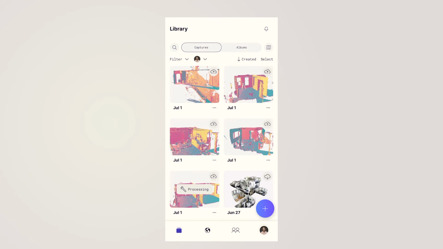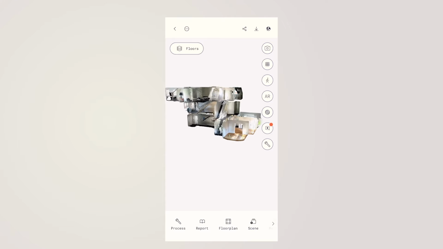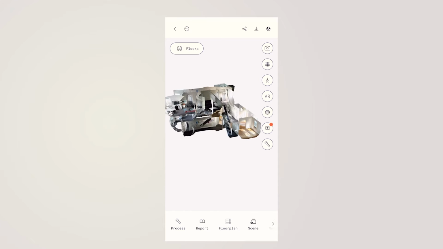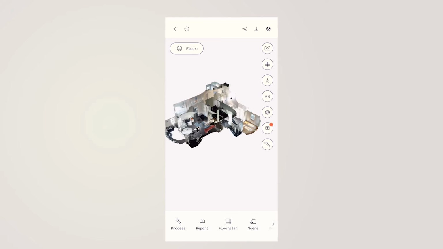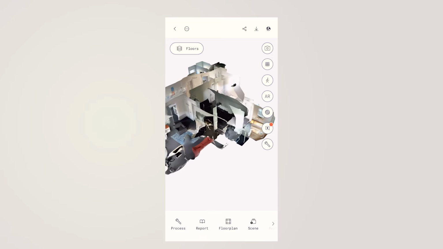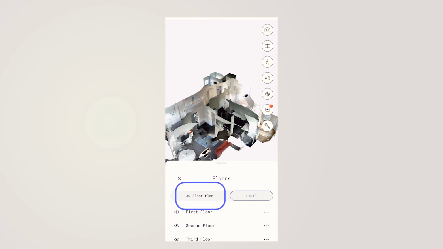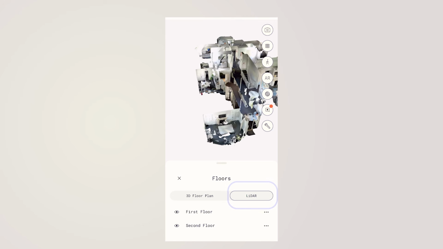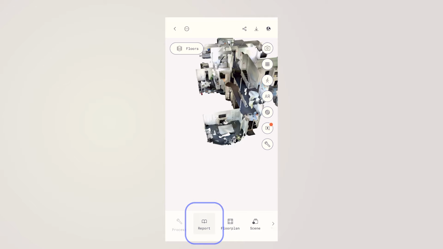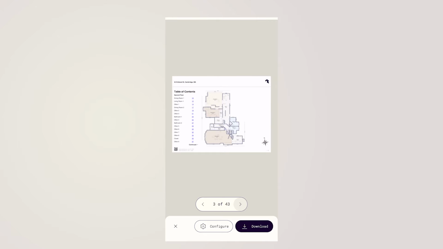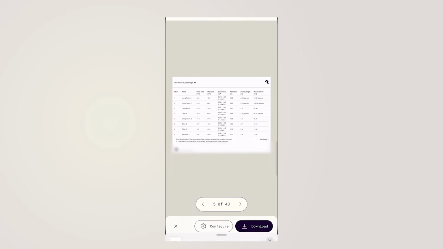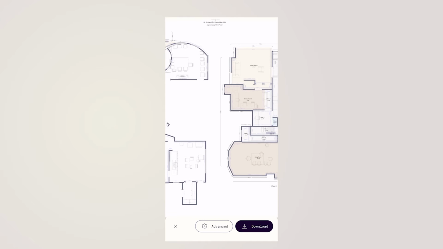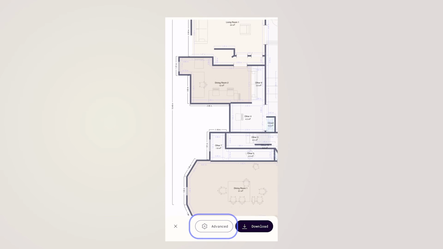Once the processing is complete, open the capture. Depending on how carefully and skillfully you scanned the space, your capture can achieve 98% accuracy in optimal conditions. See the 3D floor plan with and without furniture, or the LiDAR scan. Tap Report to generate a detailed spatial report of the space and to download the PDF of it. Tap Floor Plan to view the automatically generated 2D floor plan, and you can tap Advanced to adjust any of